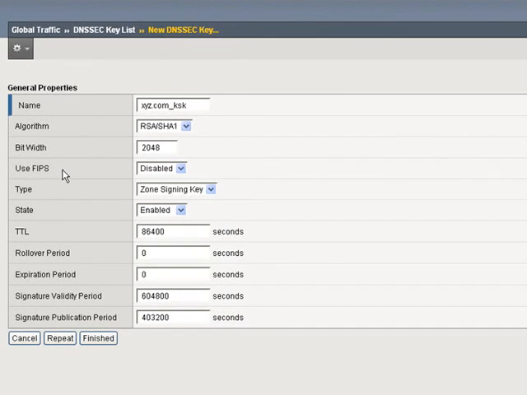Here's a good point, too. We sell a lot of FIPS SSL accelerators within the government space as well. And with the solution, we also give the option to save these DNSSEC keys within a FIPS 140-2 Level 2 hardware secure